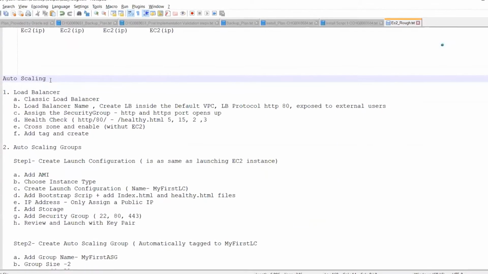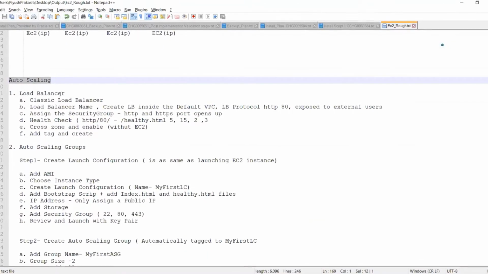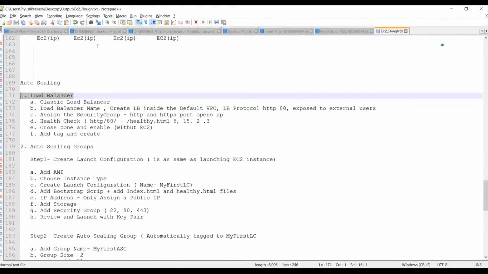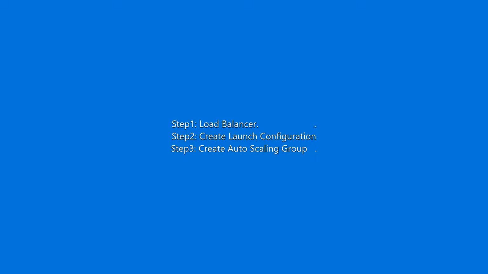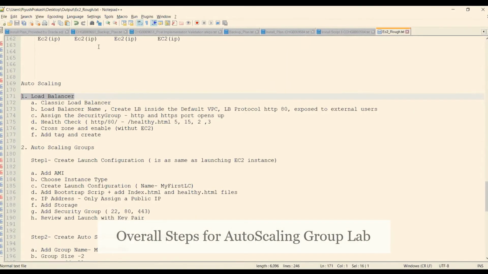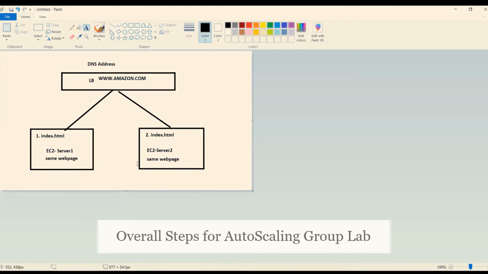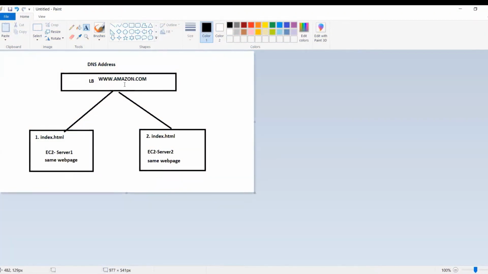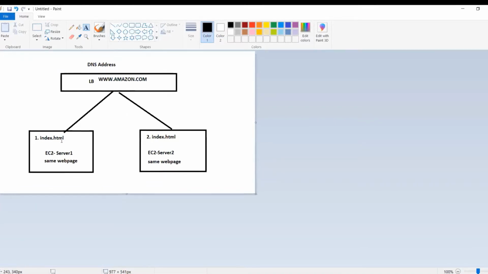Auto scaling group works on a load balancer. The very first thing we are going to do is create one load balancer. Now let me again go to the... So both the EC2 machines will be behind the load balancer, but how this EC2